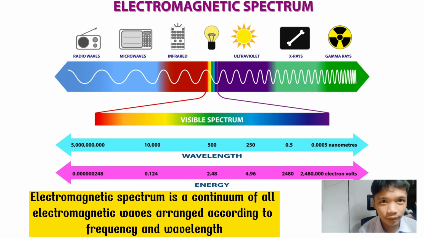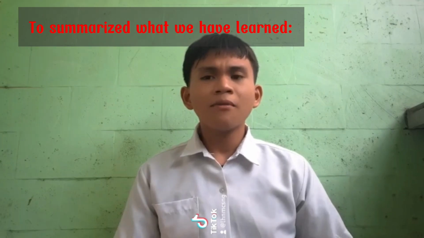Keep in mind that the electromagnetic spectrum is a continuum of all electromagnetic waves arranged according to frequency and wavelength. To summarize what we have learned,